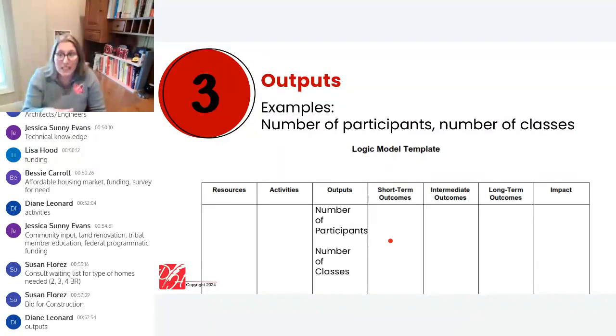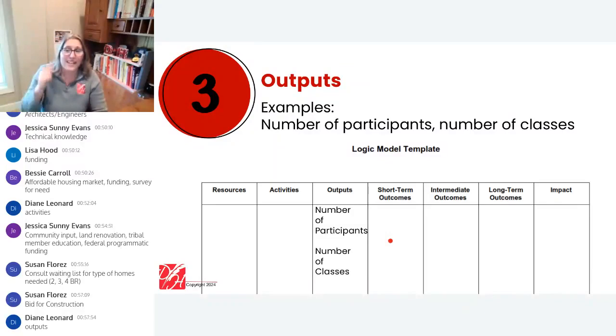You get the money, you do the things. When you go to report to the grant maker, what are some of the metrics you will use? What are quantifiable things you will say, dear grant maker, thank you so much for that award. We've been doing great work, and as a result, we have done what? In my example, it would be that we have worked with, I might not know the number yet. I could put maybe two numeral signs here so that I remember I want to put a number. But I know that what we're going to count are the number of participants. And I know what we're going to count are the number of classes.